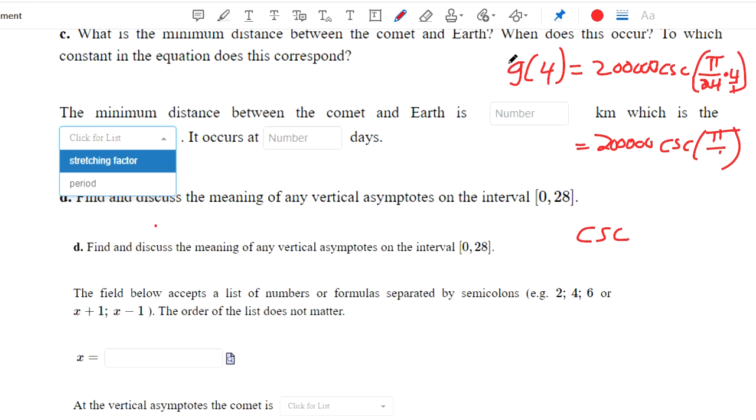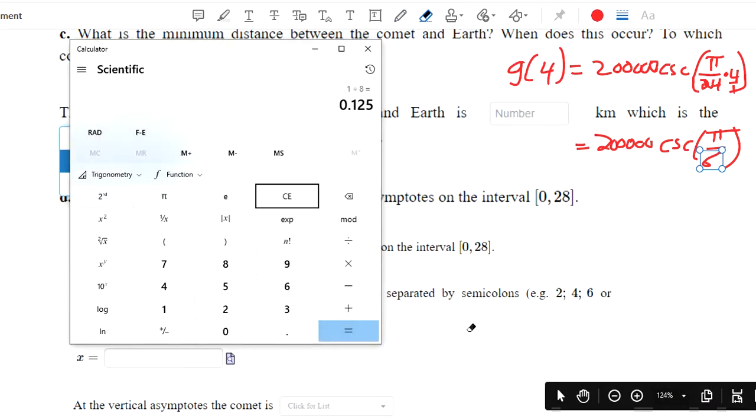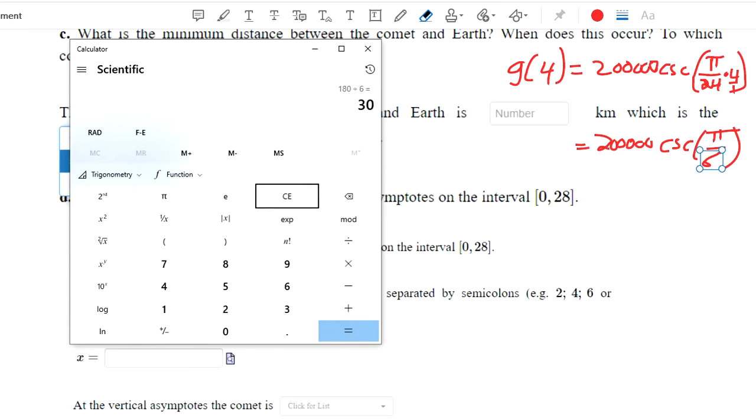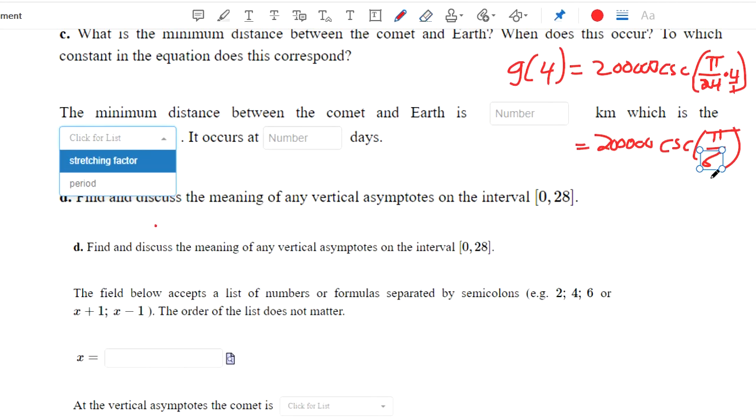And then if you use a calculator, let's do pi, divide by 6, and then hit trigonometry, cosecant, and it gives us 2. Okay? That'd be a 30-degree angle. If it doesn't give you something like 2 in your calculator, if it's like pi over 8 or something like that, you could use your right-angled trig